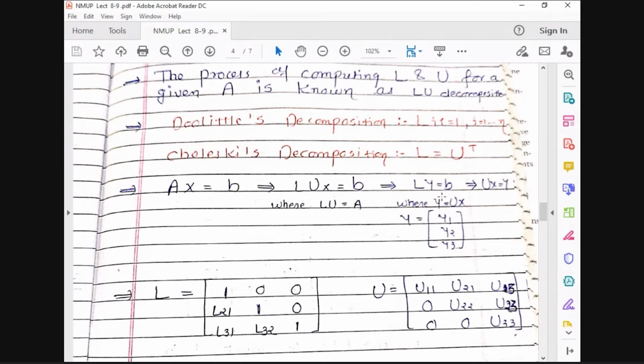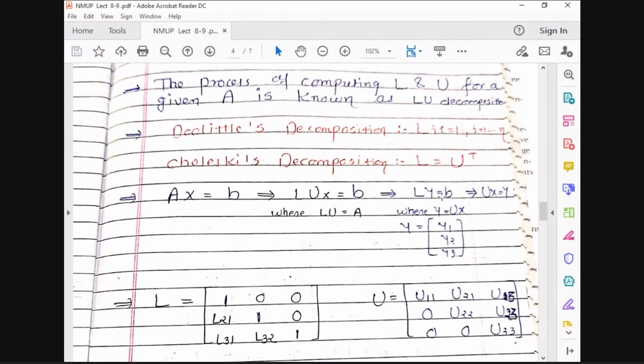Okay. For a decomposition, two methods are there: Doolittle decomposition and Cholesky's decomposition. Doolittle decomposition is nothing but the lower upper decomposition, right? In that, we are taking the lower triangular matrix and upper triangular matrix, and with the help of that, we are trying to find out the values of the unknowns x and y, right? And in Cholesky's decomposition method, instead of the lower and upper triangular matrix, we are only taking the lower triangular matrix. And we'll take the help of the inverse of the lower triangular matrix and follow the steps. Fine.